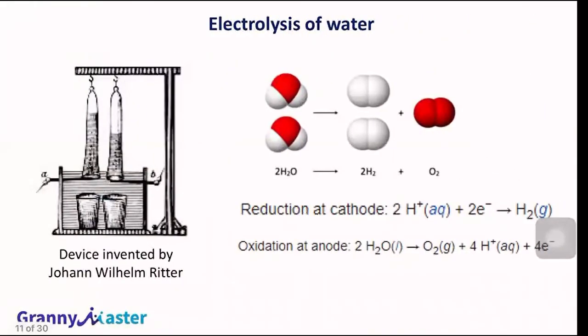Now, till now, we have studied how chemical reactions lead to electricity. I told you there is another type of electrochemical reaction in which, by supplying electricity, we get chemical reactions. One classical example is electrolysis of water. Electro means with electric current, lysis means splitting. With the help of electricity, we can split water into hydrogen and oxygen.